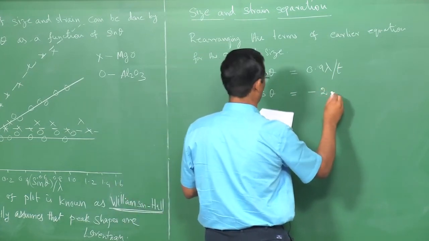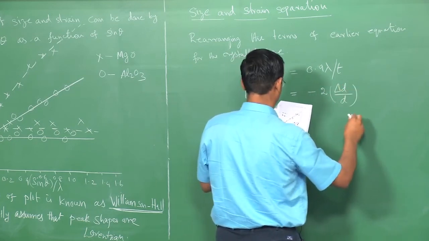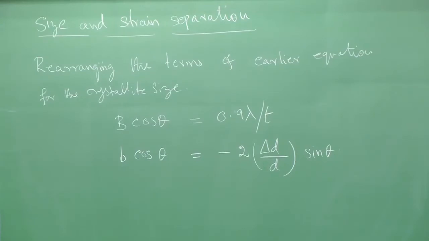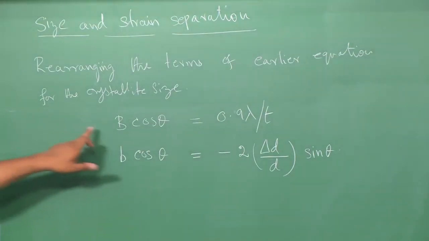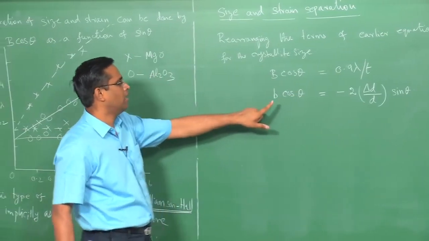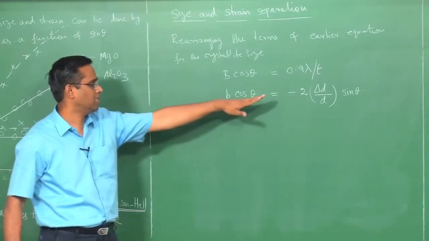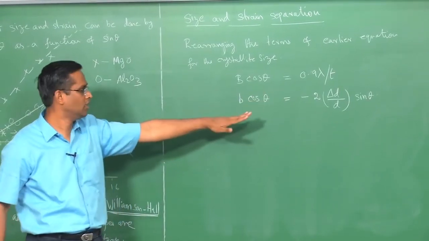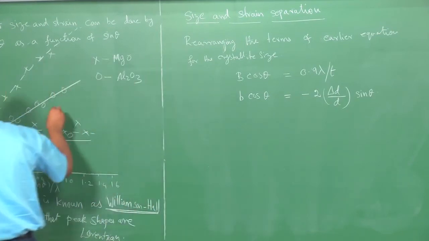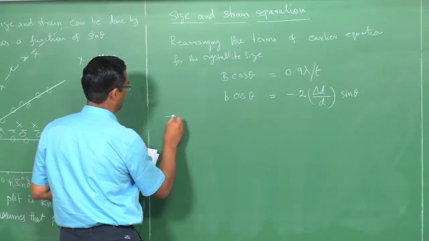minus 2 delta d by d sin theta. So, these two equations are quite familiar to us. This one is the Scherrer formula, I have just rearranged, and this one is again rearranged. If you differentiate the Bragg's law with respect to theta and d, you get this expression that we have seen in the last class. So, combine these two, we can now explain this plot, how this separates. The first remark is, if